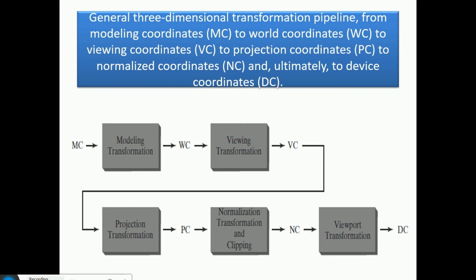Projection operations are performed to convert the viewing coordinate description of the scene to coordinate positions on the projection plane. Objects are mapped to normalized coordinates and all parts of the scene which are outside the view volume are clipped off. The clipping operations can be applied after all device-independent coordinate transformations are completed. In this way, the coordinate transformations can be concatenated for maximum efficiency.